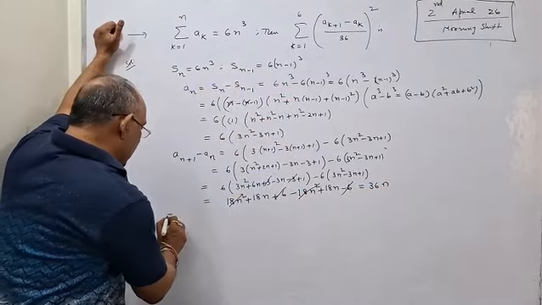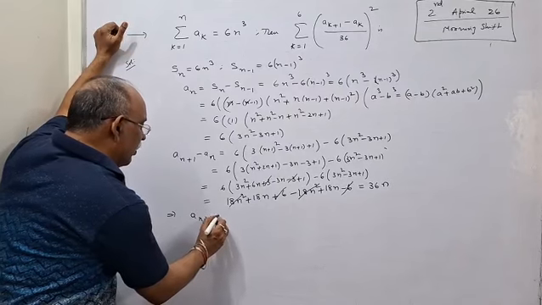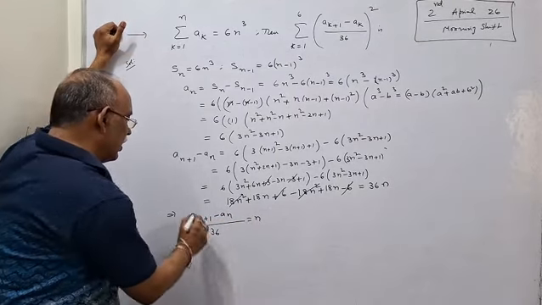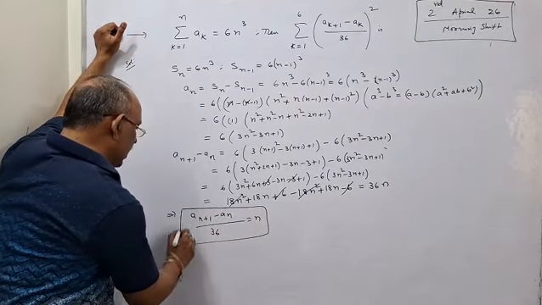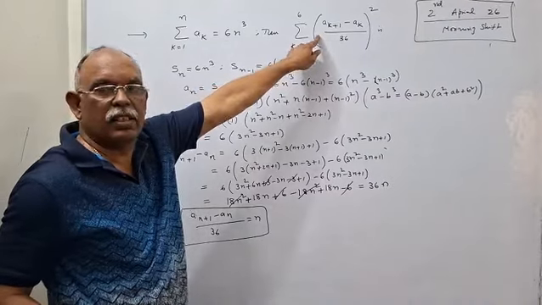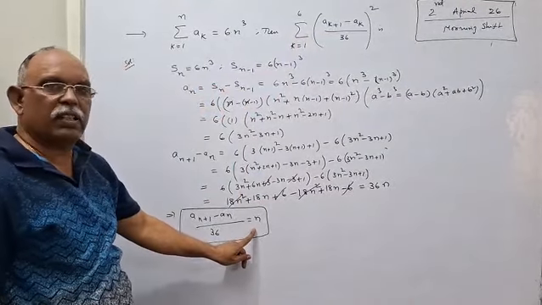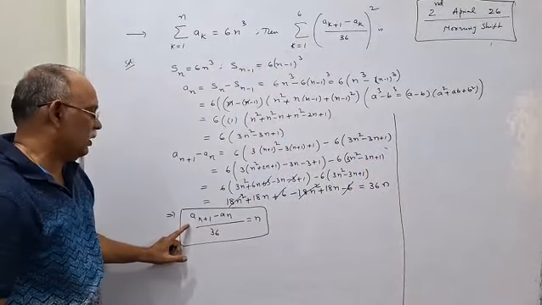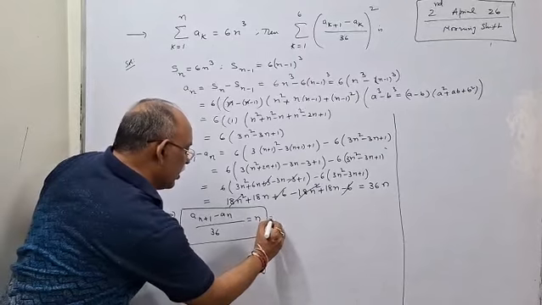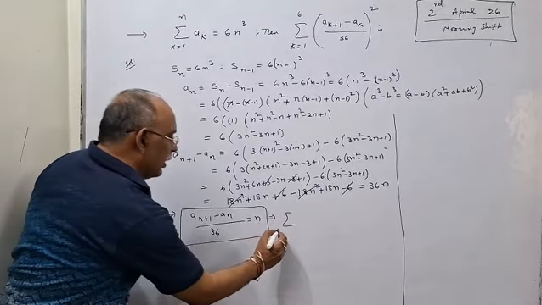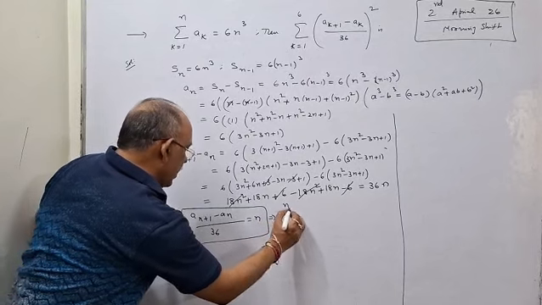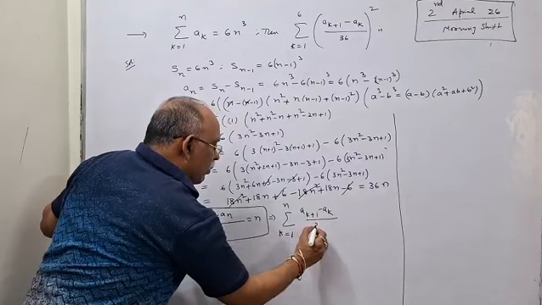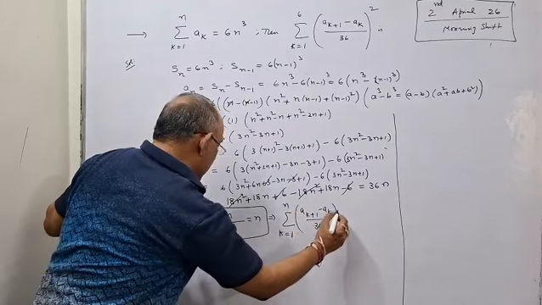Now from this what you get? an plus 1 minus an by 36 is always equivalent to n. This is what is required in this sequence. Now from this, what you are going to do? Now I need sigma for this one. This implies sigma over k equivalent to 1 to n of (ak plus 1 minus ak) by 36 whole square